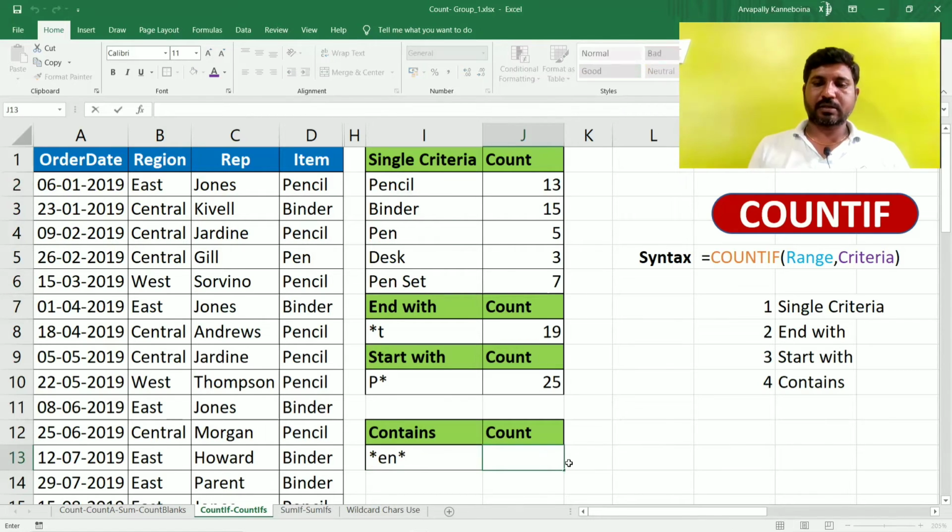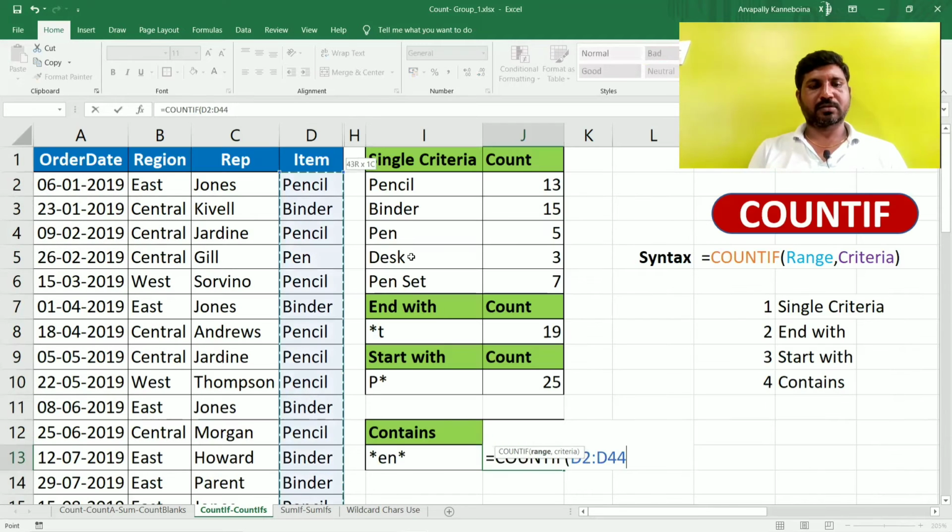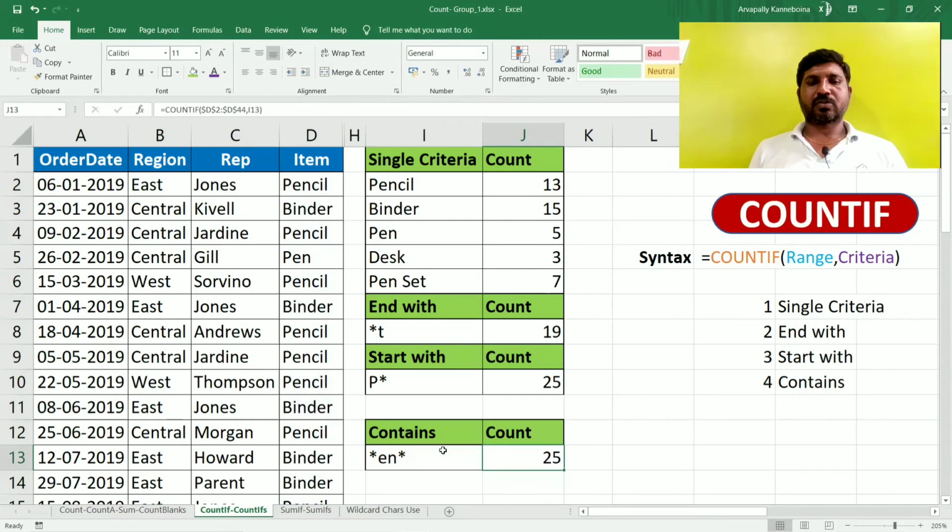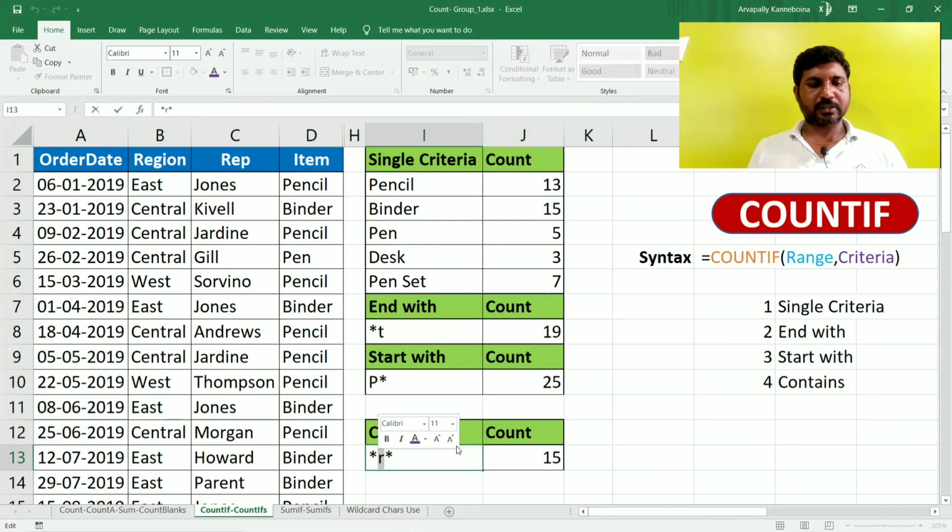So the formula is equal to COUNTIF, select the range, then select the criteria. So 25. Otherwise you can change anything. I use R, only one R is there, binder only. So it is matching with a binder. So 15. So only I use E for this.